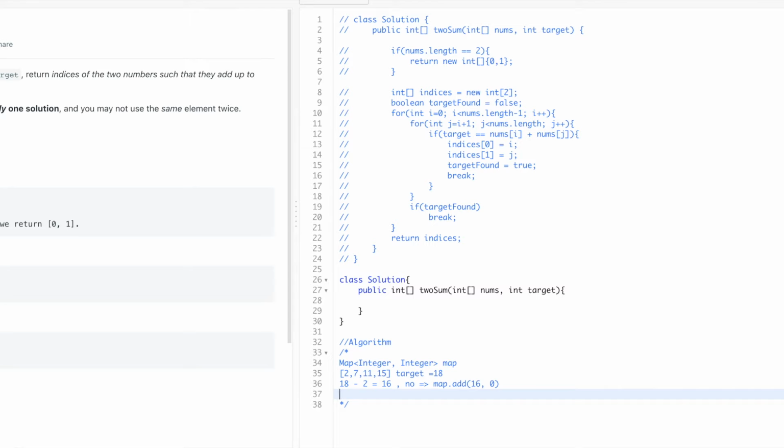So let's go to the second loop. That would be 18 minus 7, which is 11. Does the map contain 11? No, it does not. So we just add 11 and the index value, which is 1. In the third loop, now we say 18 minus 11, which is 7. Does the map contain 7? Yes, it does. So we break here, and what we return is the value